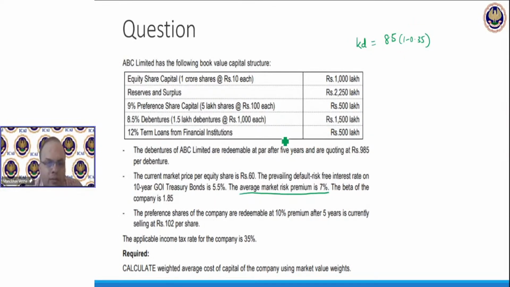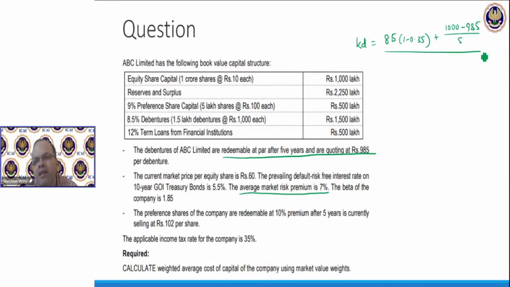Redemption value is redeemable at par after 5 years, currently quoting at 985. So can we say 1000 minus 985 over the life of these debentures, 5 years? And in the denominator, we have the average of the two, 1000 plus 985 divided by 2, 992.5. So this is the average number. Hence,